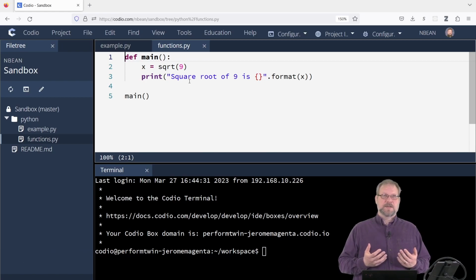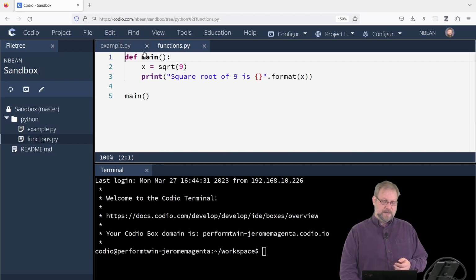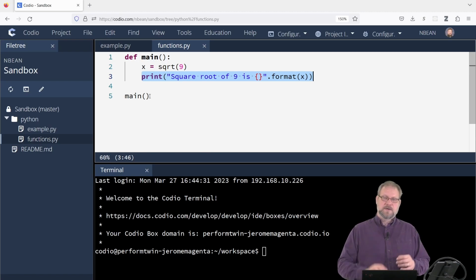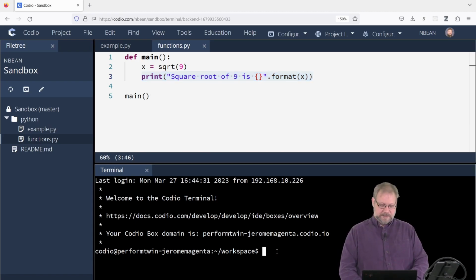Let's start with just a very simple example. This looks a lot like what you guys have been doing up to this point. We have a main function that we are declaring. Inside that we have a variable x that we are assigning the result of calculating the square root, and then we are printing it using a format string, and then we have our main open close parens there. So if we go ahead and run this,